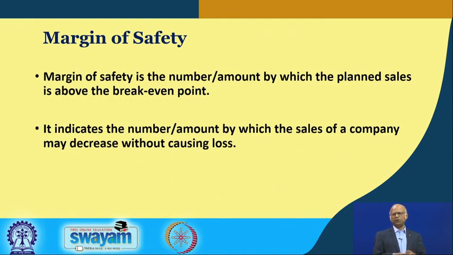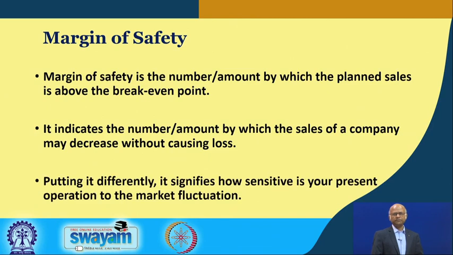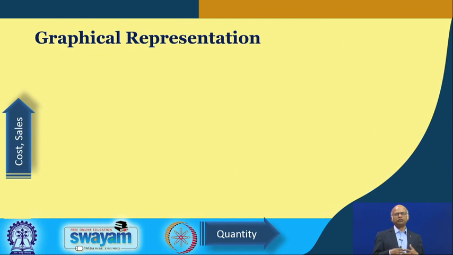It indicates how far you can decrease your sale because of market situation. Putting it differently, it signifies how sensitive your present operation is to market fluctuation. Suppose the market condition goes bad and your sales goes down, but still if you are almost halfway through,